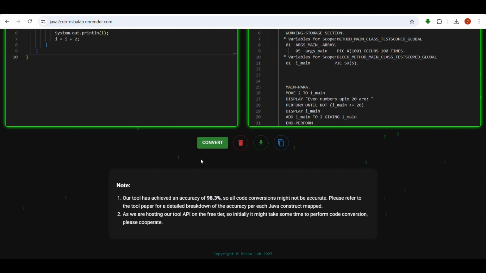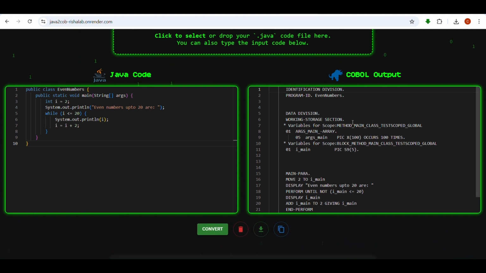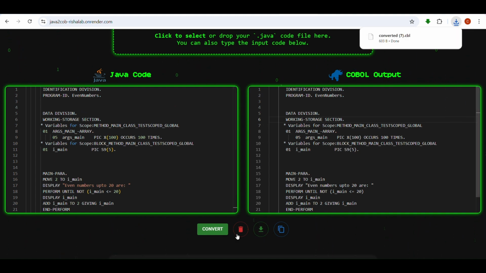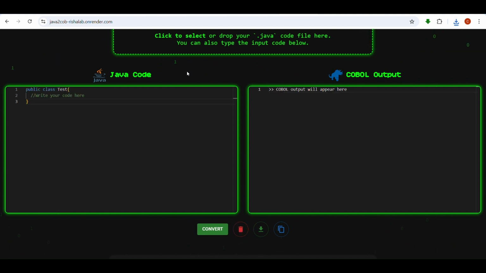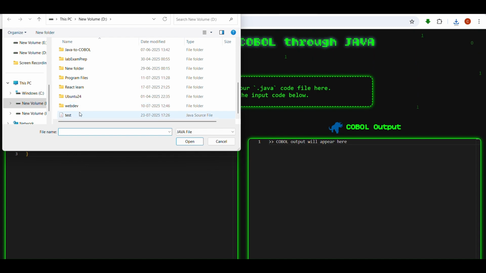And the detailed breakdown of accuracy per each construct is given in the tool paper. Here we can see the COBOL code in the right editor, which is just read only. We can copy the COBOL code and I'll paste it over here just for an example. We can also download the code as .cbl file and we can clear the code in the editors using this button. We have also provided the option to drag or drop the files or to select it from the file manager of our system,